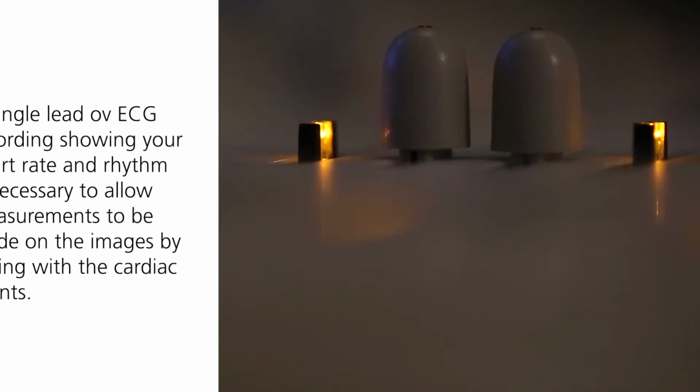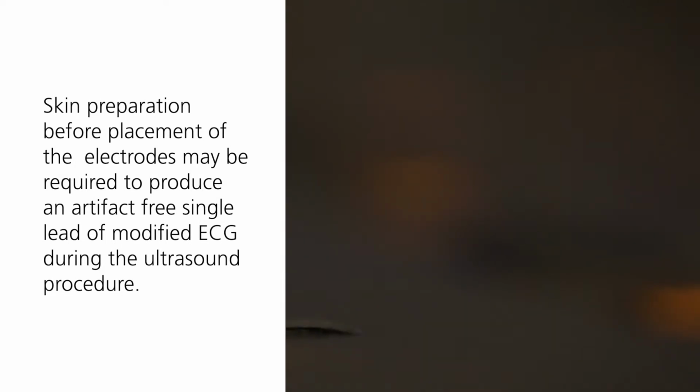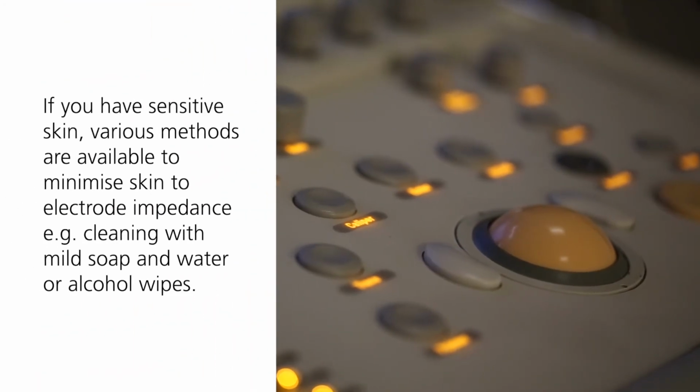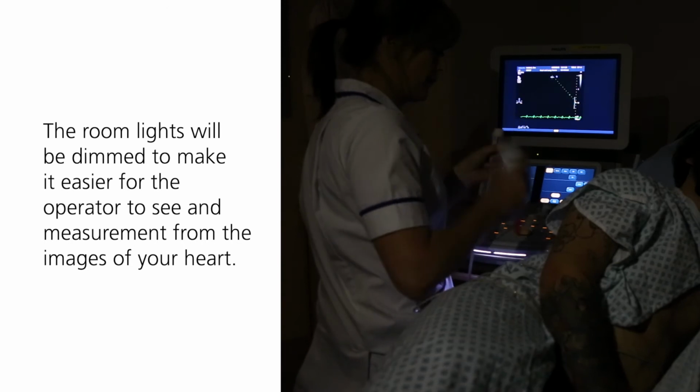Skin preparation before placement of the electrodes may very occasionally be required to produce an artifact-free single lead of modified ECG during the ultrasound procedure. Care must be taken with patients who have sensitive or broken skin. Various methods are available to minimise skin to electrode impedance, for example cleaning with mild soap and water or cleaning with alcohol wipes. The lights in the room will be dimmed to make it easier for the operator to see